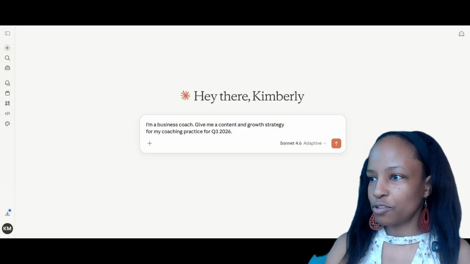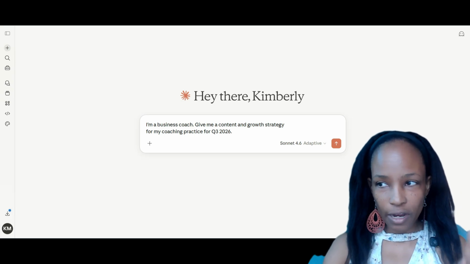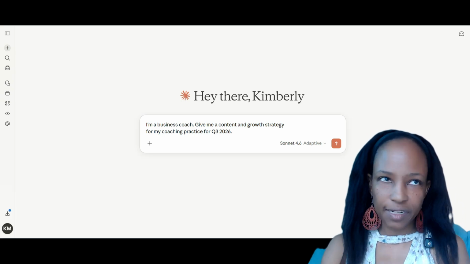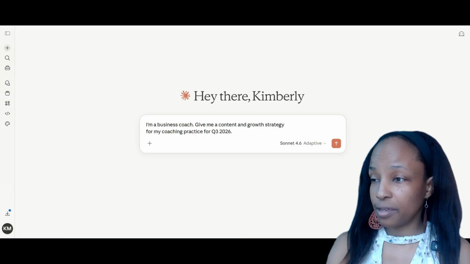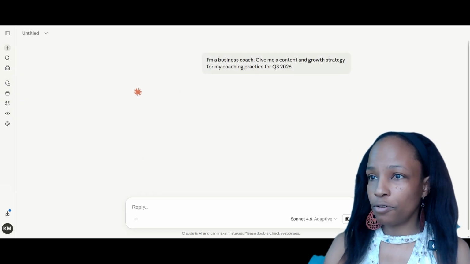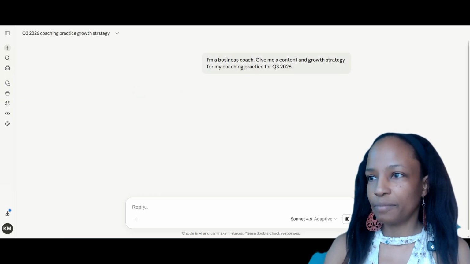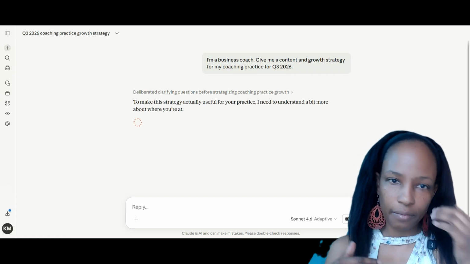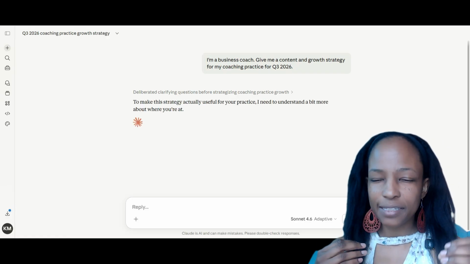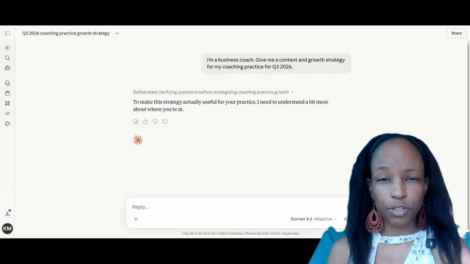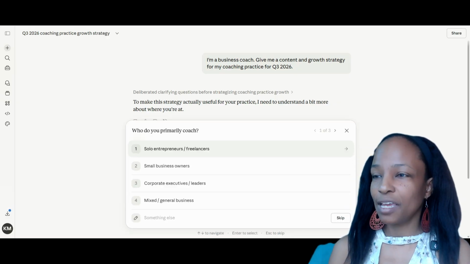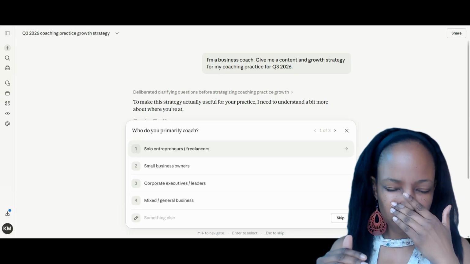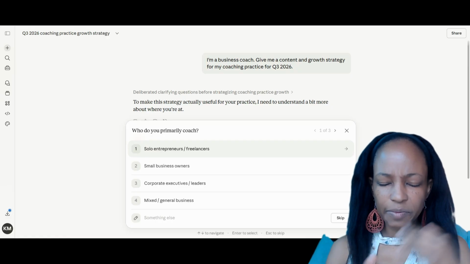But let's get some trend slop. Even if your prompts are a little bit better than this, prompt engineering does not a good strategy make, just prompt engineering on its own. But let's try it with this crappy prompt, shall we? So I'm using Sonnet, which is kind of like their mid-tier model. It's smart, but it's not as smart as Opus, but it uses fewer tokens, so it's cheaper than Opus, but more expensive than Haiku.